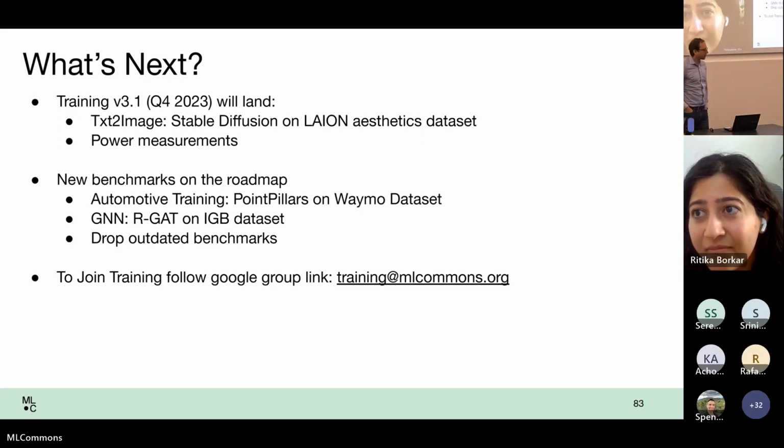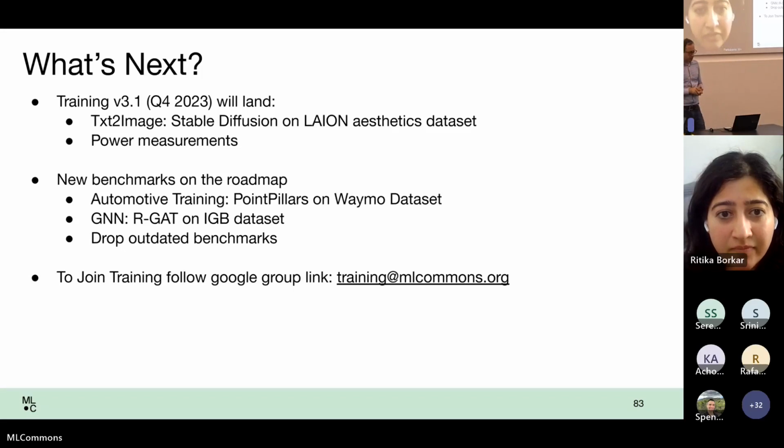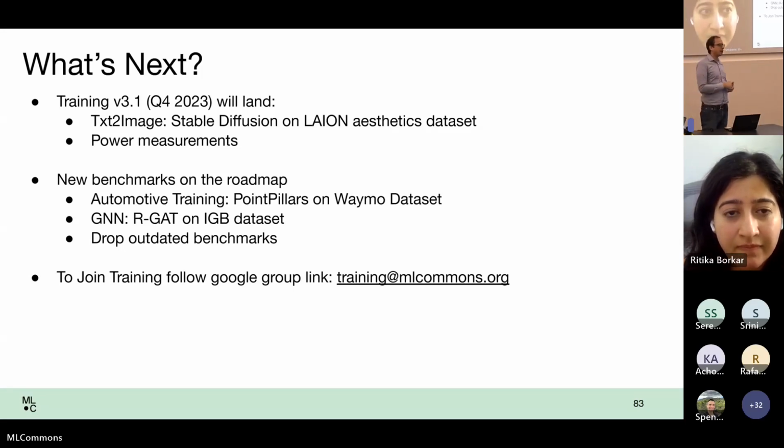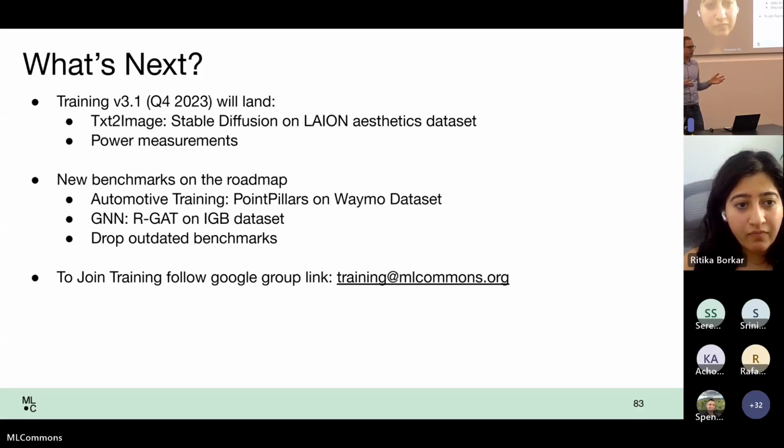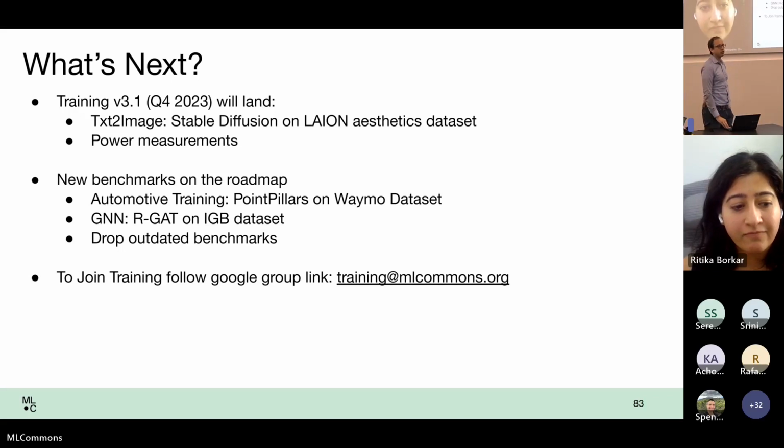And I get to editorialize a little bit. One of the things that I've been really impressed by is the velocity of things within both training and inference. Adding in GPT-3 was certainly not easy. Adding in stable diffusion, also not easy. The LAION dataset is a very challenging dataset to work with because of the licensing issues. So it really is a big effort to land all of this, and there's a lot of heavy lifting going on here. I'm also personally very excited by the power measurement. One thing to mention, we'll hear about this later from the power folks, is that it works on both cloud and on-prem data centers, and the cloud part is especially novel.